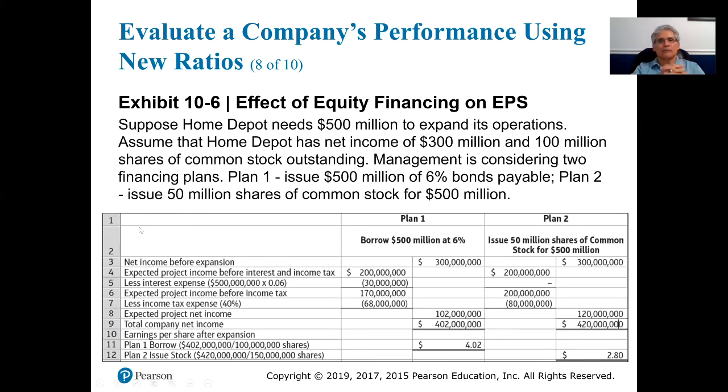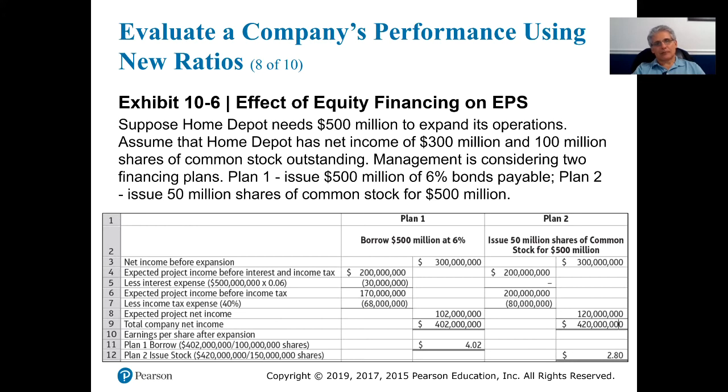So here's an example of how the EPS will be impacted by the different ways of financing the purchase of assets. So suppose Home Depot needs $500 million to expand its operations. Assume that Home Depot has net income of $300 million and 100 million shares of common stock outstanding. Management is considering two financing plans for this purchase of assets. It's plan number one, issue 500 million of 6% bonds payable, or plan two, issue 50 million shares of common